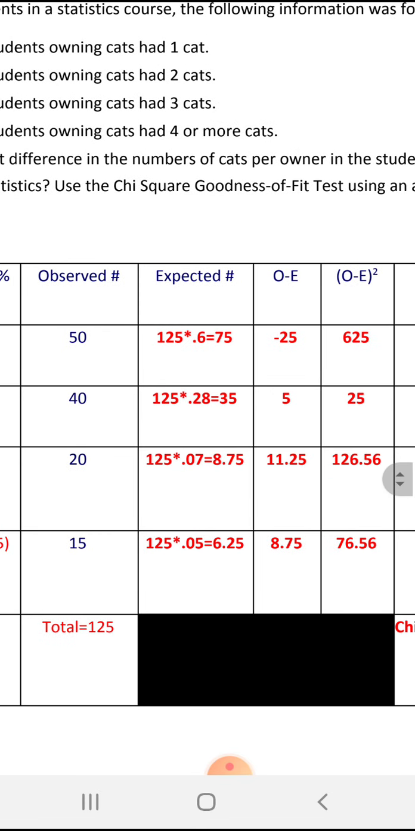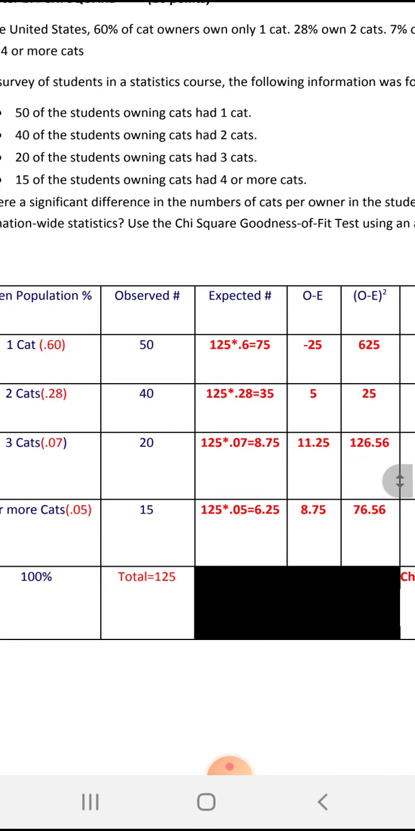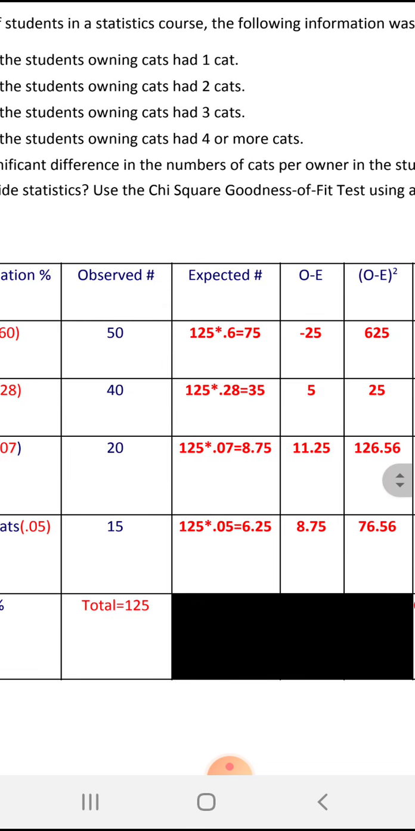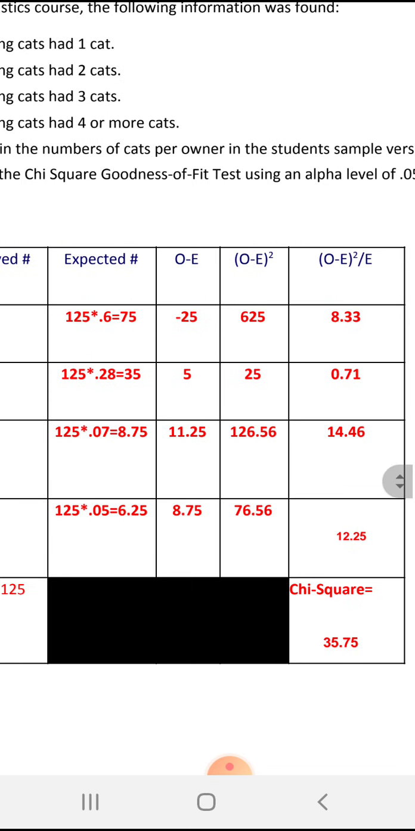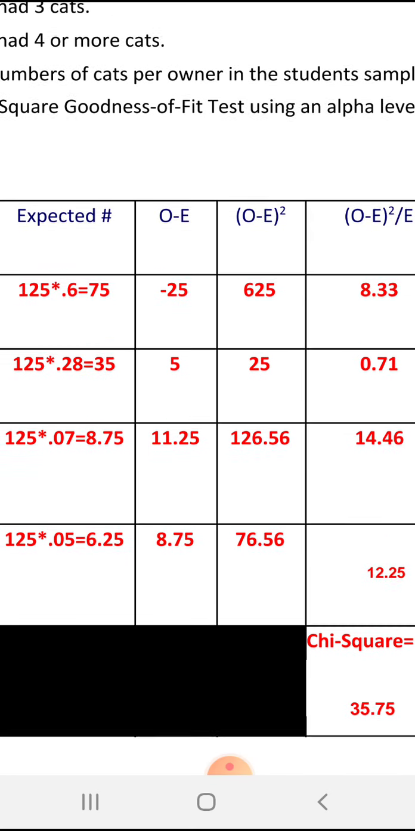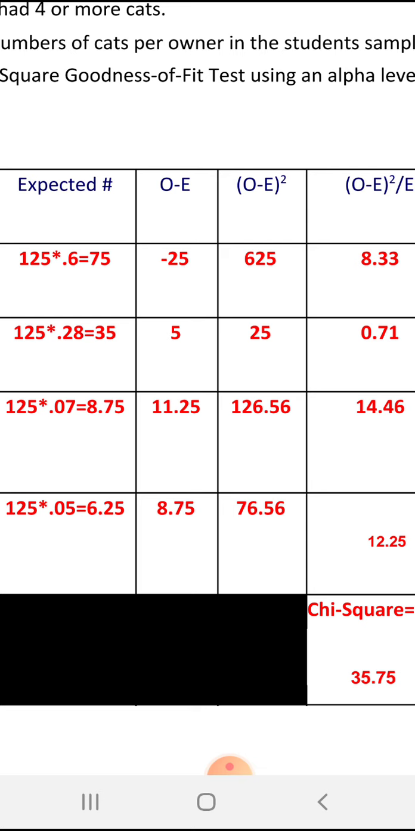And the next step is you want to take the deviations of the observed minus the expected. So 50 minus 75 is negative 25. 40 minus 35 is 5. 20 minus 8.75 is 11.25. And 15 minus 6.25 is 8.75. Now you want to take those values and square them. Negative 25 squared is 625. 5 squared is 25. 11.25 squared is 126.56. And 8.75 squared is